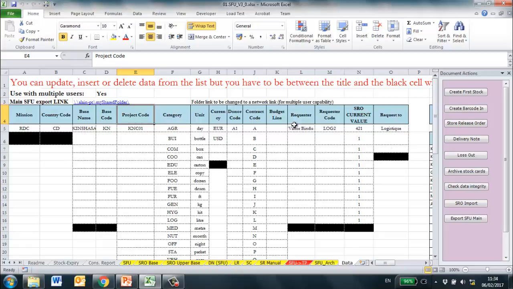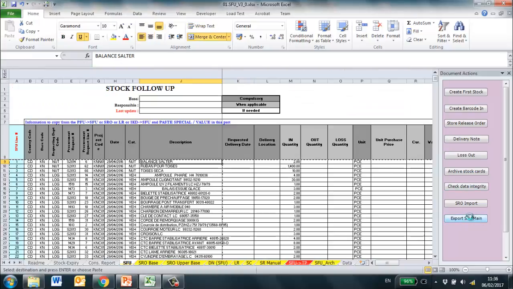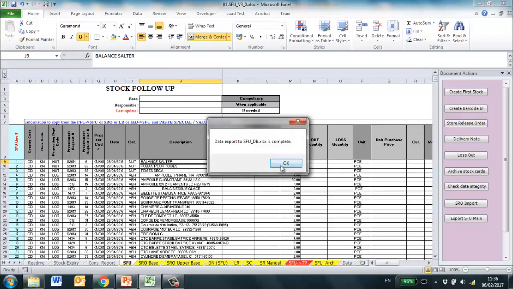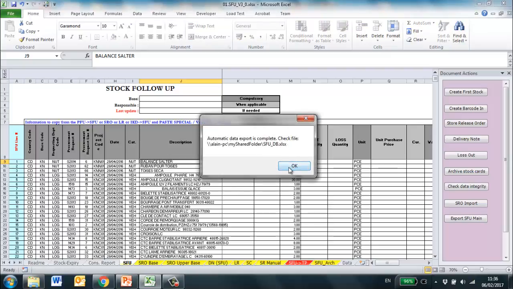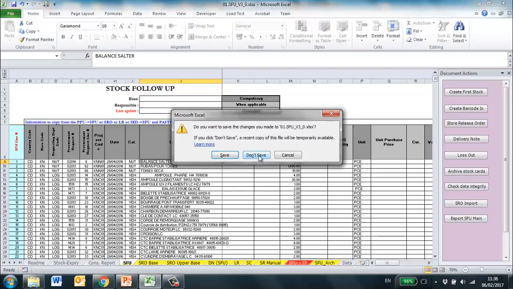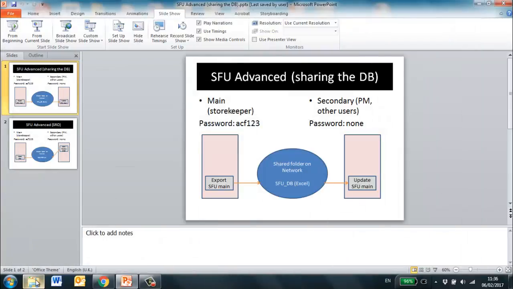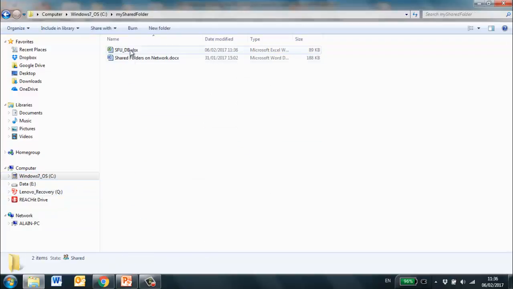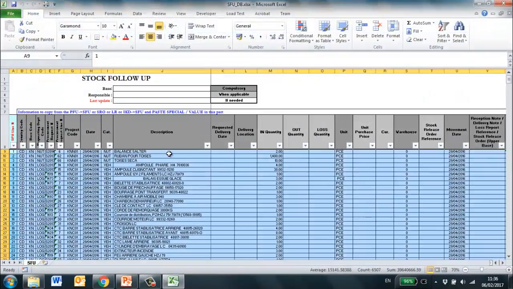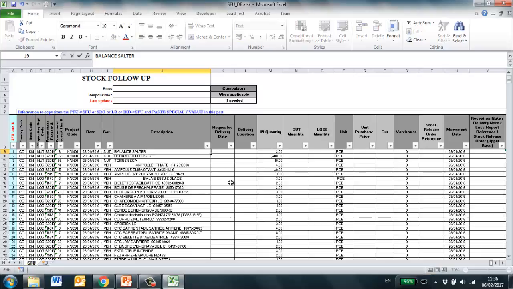Once entered correctly, we can click on the export SFU, or by simply clicking on the close button, which will also automatically export. Let's save. We can then go into my shared folder, make some changes to the DB, for example here,